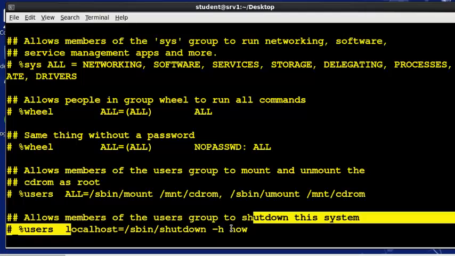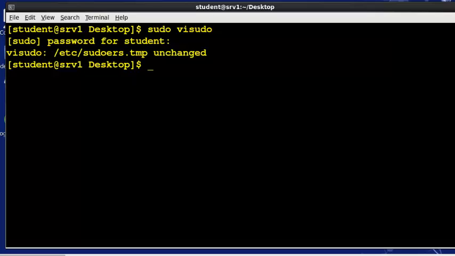Now, the interesting thing about this, I'll show you about the sudo command. I'll quit out of here. Don't want to make any changes. By default, when you first log in with the sudo command, your credentials are cached, and you no longer have to give a password to do something. For instance, I've just logged in with sudo vi sudo,